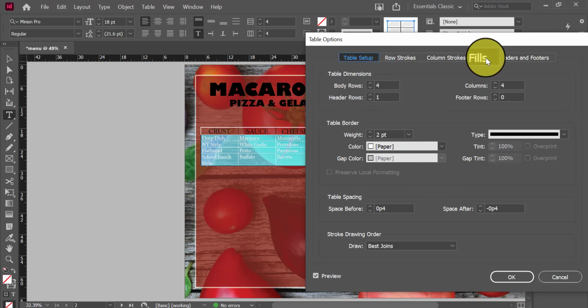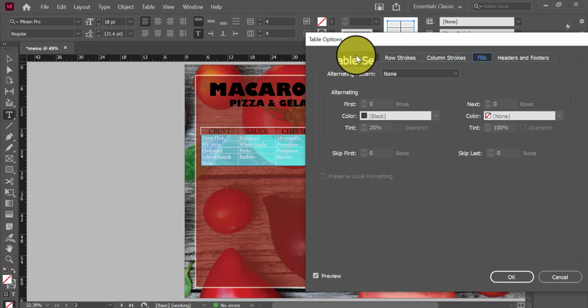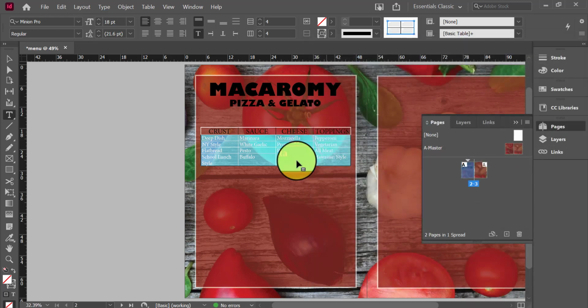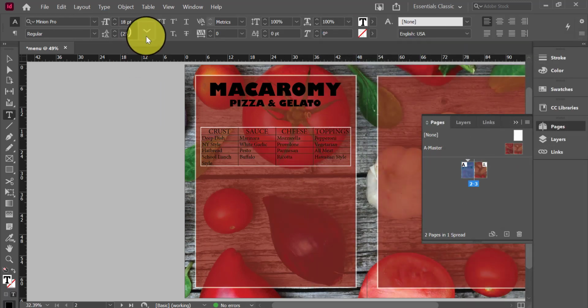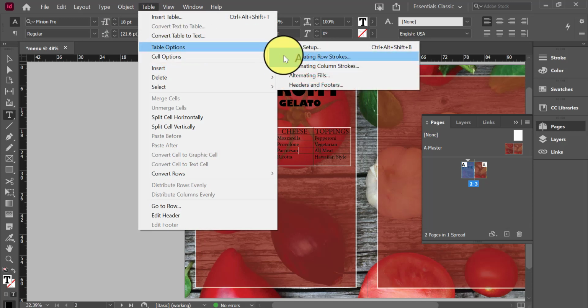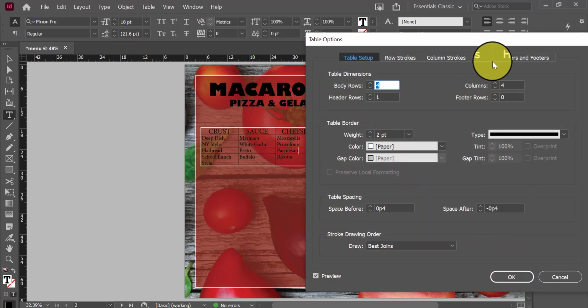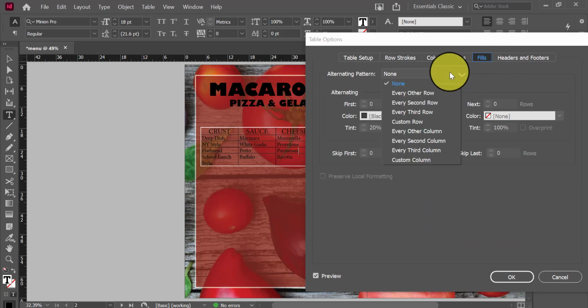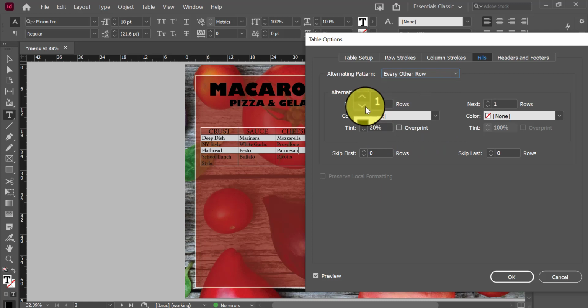I'm going to select fill. In fact, let me not highlight so I can actually view it. I'm going to go back to table options, table setup, and now I'm going to select fills, and I'm going to select an alternating pattern of every, let me think, I think I'll just do every row. I'm going to select every other row, and that's basically going to add a little bit of color